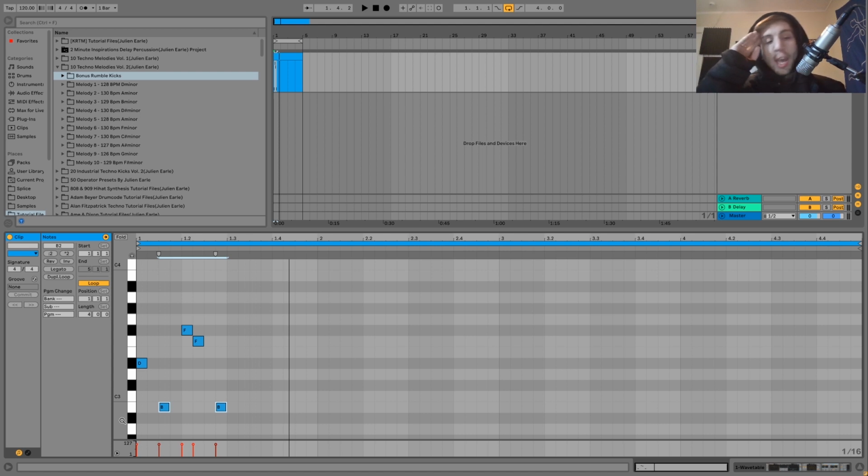Always stick to a minor key. And if you want it to have more depth or a bit more nuance and not just be a sad minor melody, play around with the fifth and that note that's one note up from the fifth. The second thing that I think is really, really important for these melodies is they need to be